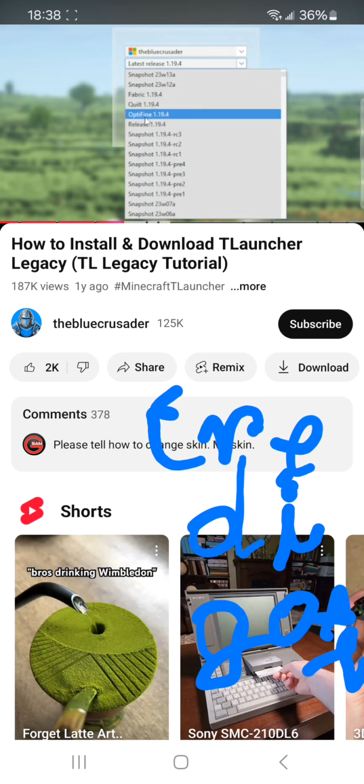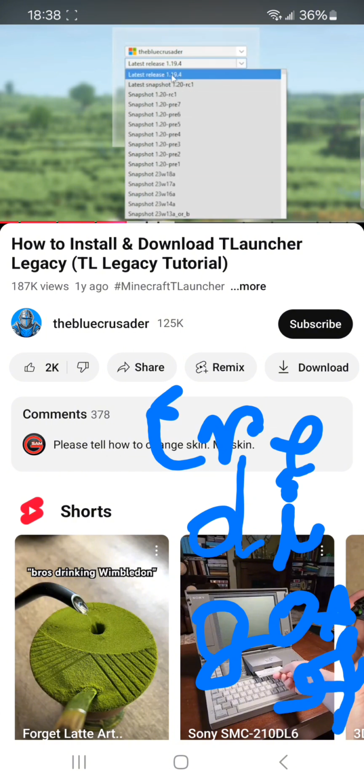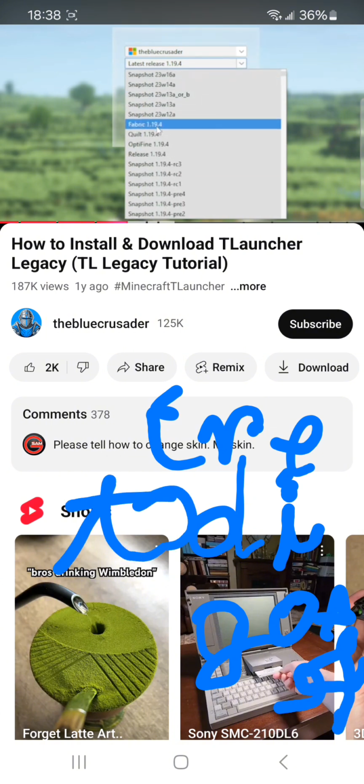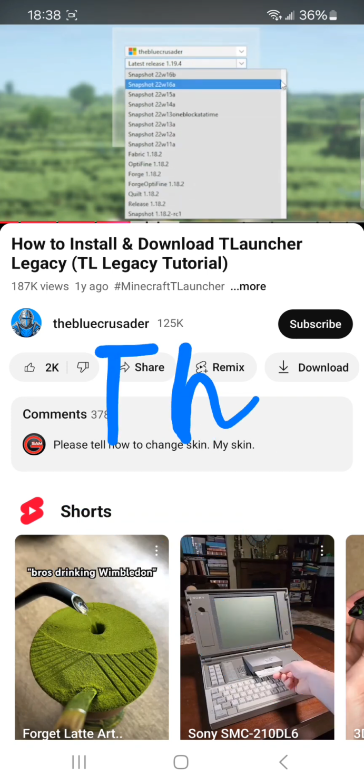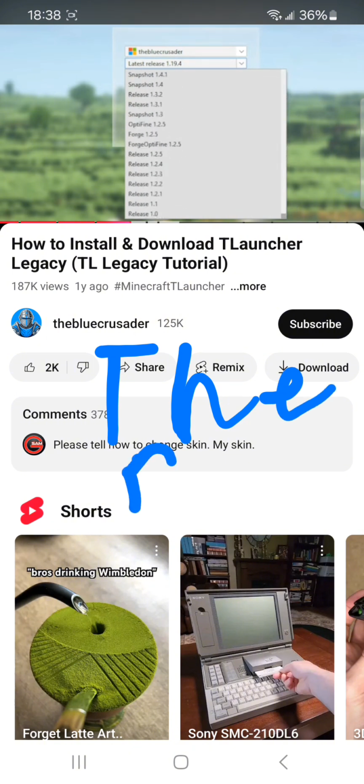We have OptiFine for people wanting to use shaders and graphics mods, and then just general release 1.19.4, which is the same as this technically, but that's just a stable build of vanilla. Okay, and then down here we have snapshots from 1.19.4, and then we're getting to the older versions. So this list is absolutely massive, and we can go all the way back to the official release version